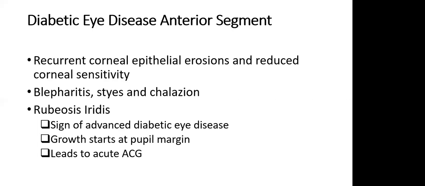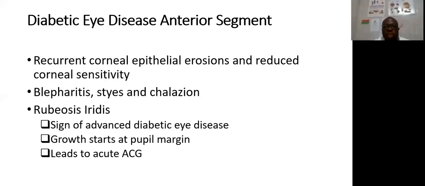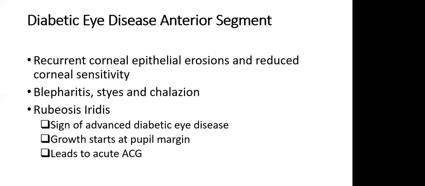Now, this development of new vessels can lead to the closure of the angle. I think from last week's lecture on glaucoma, I talked about the angle. The angle is the space between the peripheral cornea and the iris, where there is a sieve-like meshwork structure that allows drainage of the aqueous from the anterior chamber into the episcleral venous system and then into systemic circulation. So these new vessels that develop in the angle can result in closure of the angle and result in angle closure glaucoma. That can result in a very high pressure inside the eye, very, very painful,